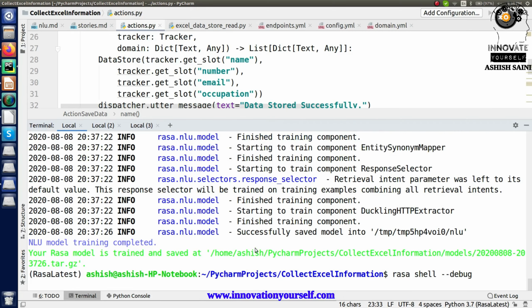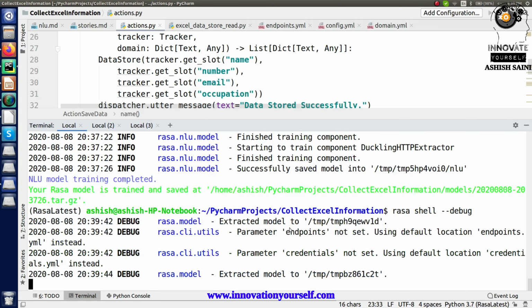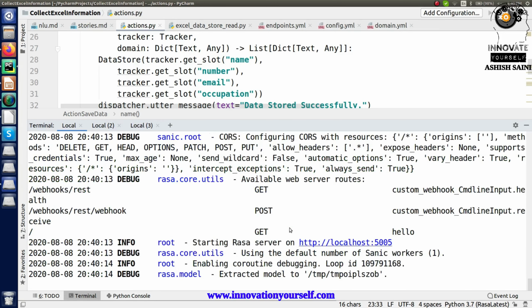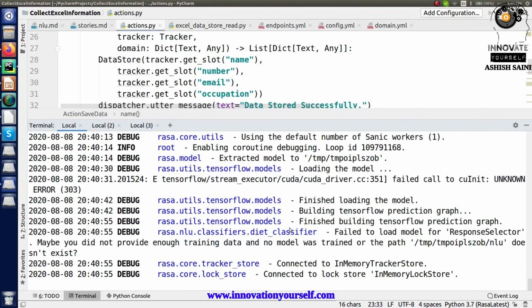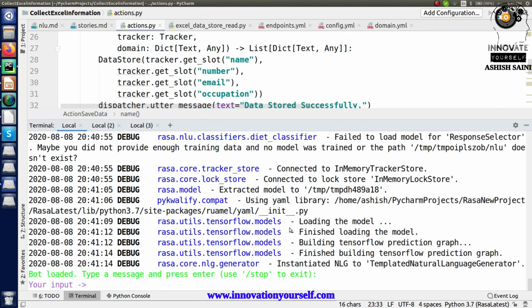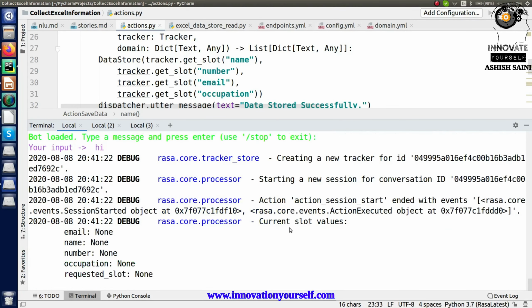Alright, the Rasa shell is running, so now let's see whether it's working or not.